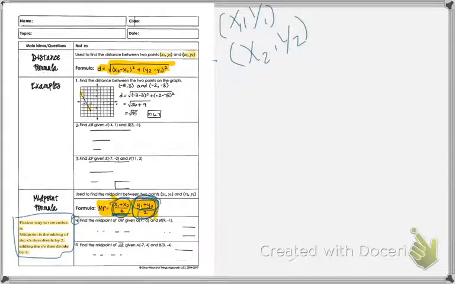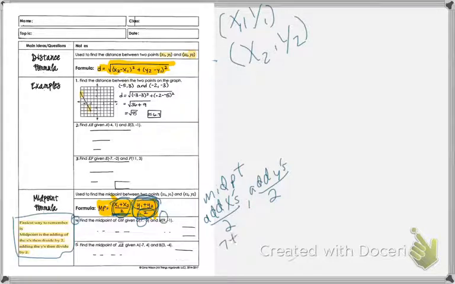So if I want to find the midpoint, I'm going to add the x's, divide by 2, that'll give me the midpoint x, and then I'm going to add the y's, divide by 2, and that's going to give me the y midpoint coordinate. Alright, so the x's, we have 7 and we have 9, so 7 plus 9 divided